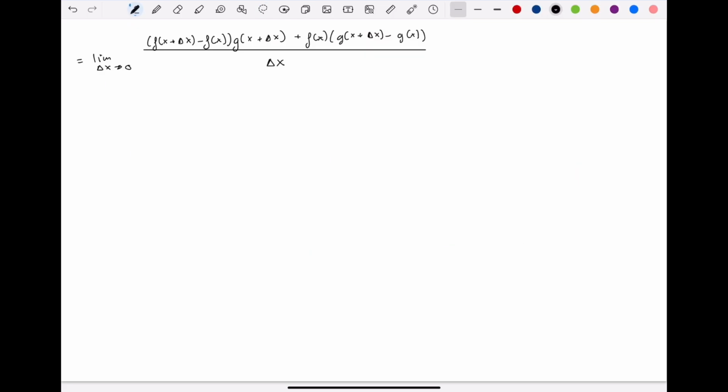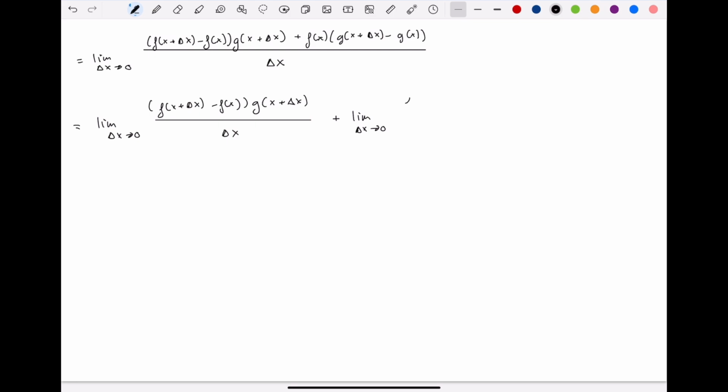Now I'm just carrying over to the next page. Now this, we know based on the rules of limits and how we treat limits, we can write this as two separate parts. So we can write this as the limit as delta x approaches 0 of f of x plus delta x minus f of x, all of that times g of x plus delta x over delta x, and then plus the limit of the other part, which is the limit as delta x approaches